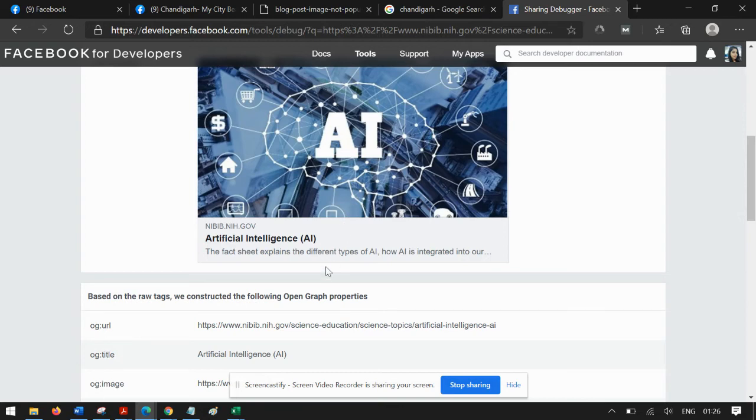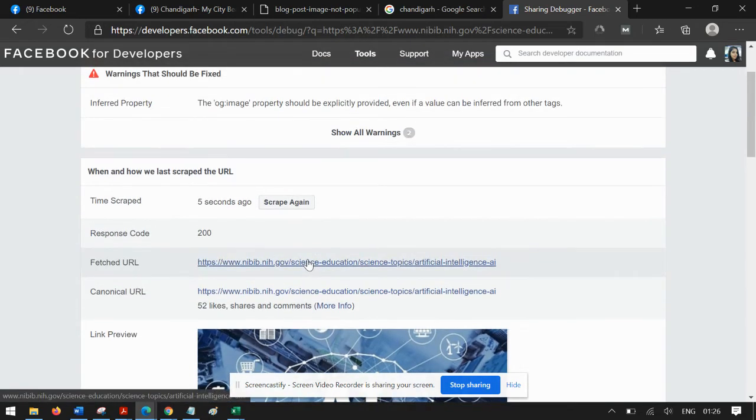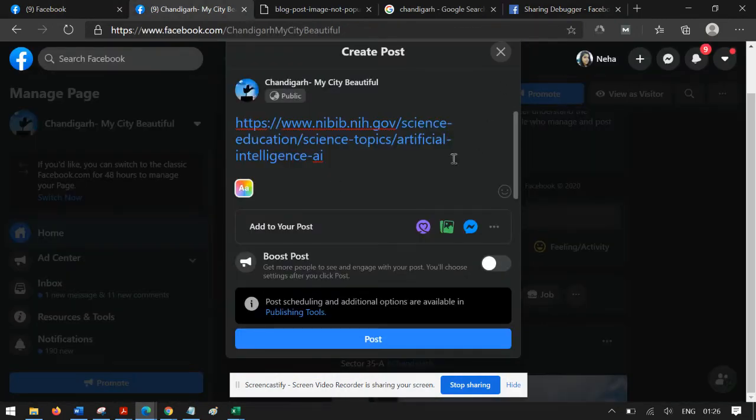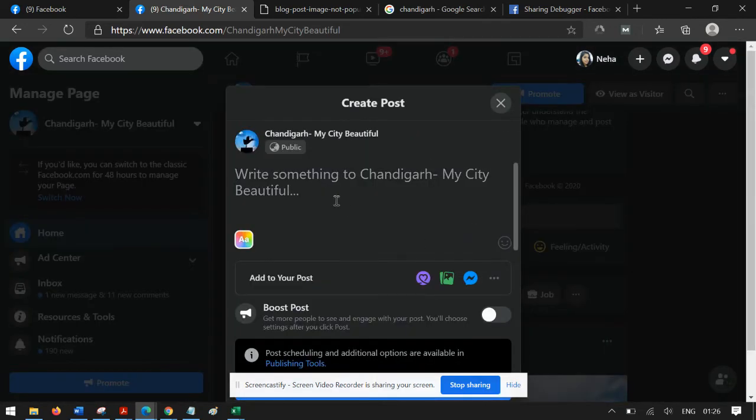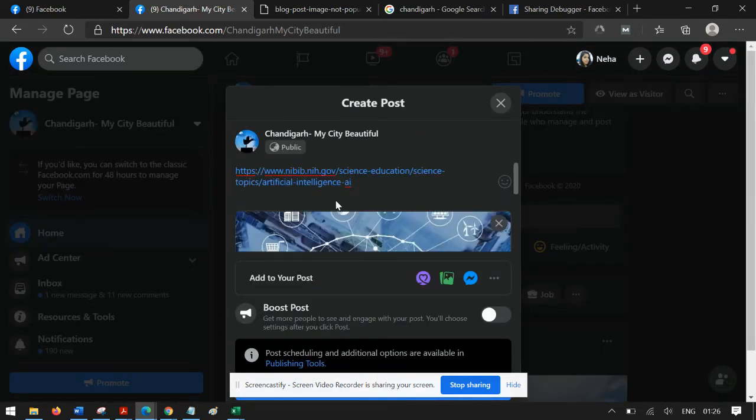And soon after, whenever you try to share the URL, of course you have to close this window, delete that, discard it, and then again create a post and share your URL. I'm sure that you'll see the thumbnail image and the other supportive information coming in.